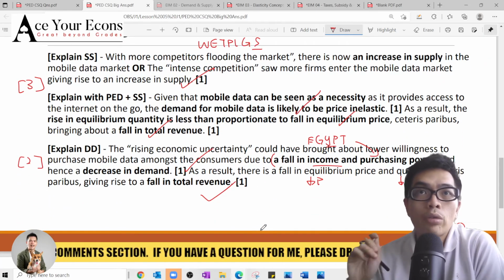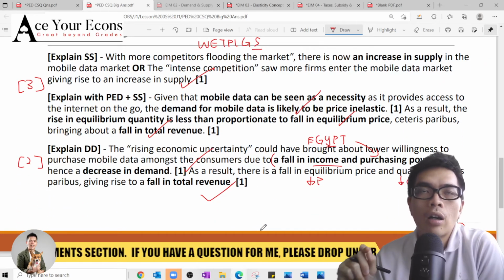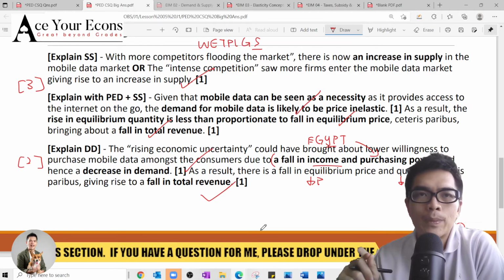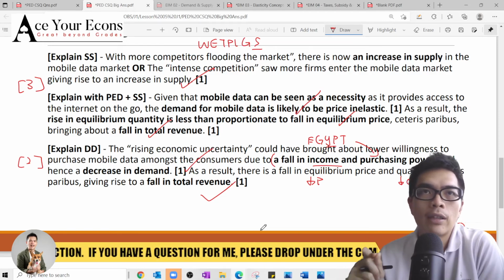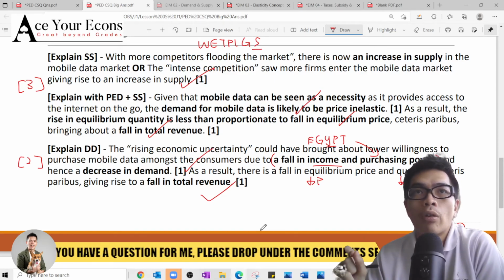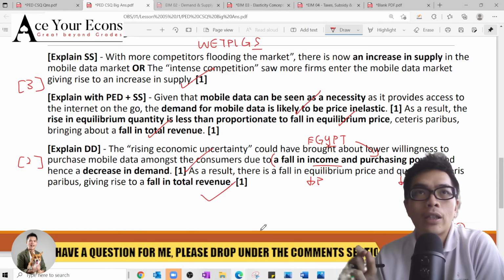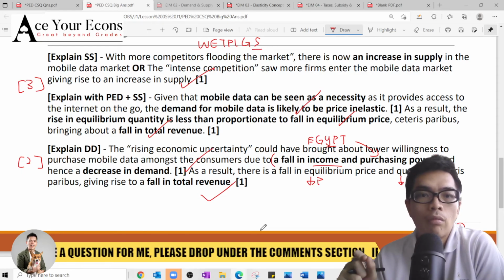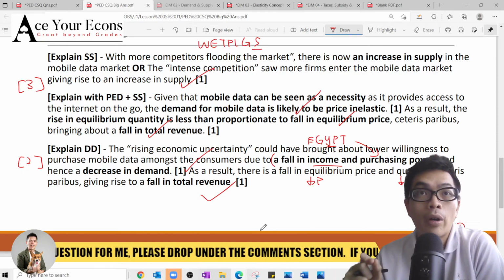So I want you all to check that your concept of WEPICS and YED must be exceptionally clear. I need to see in one glance what the factor is. Alright, if you are taking too long to explain, that's no good. Or if you're not hitting the right points, also no good.